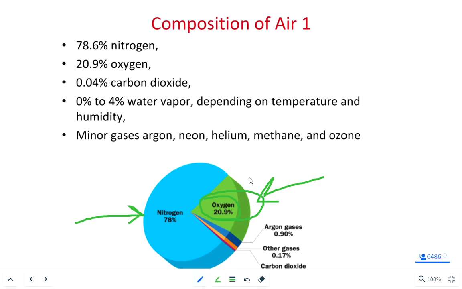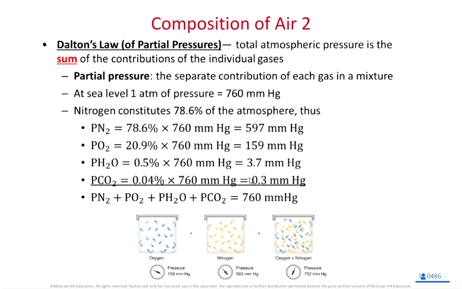So it's a way of taking overall air pressure and assigning a fractional or proportional pressure to each of the components of the air. And then you add them all up at the end, and you have the total air pressure. So on this slide,